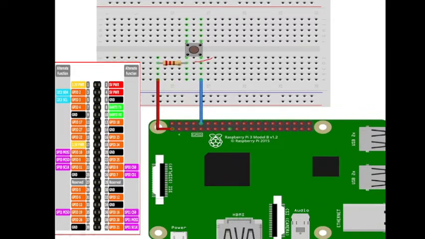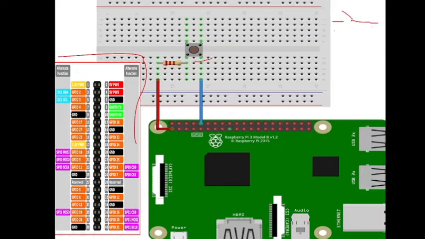And this switch is connected with the Raspberry Pi board. Here on the left side you can see the pin description, and here you can see the switch. One end of the switch is connected with the first pin of the Raspberry Pi board via a resistor, and the first pin is actually 3.3 volt, and the second end is connected with one of the GPIOs. So this is what our circuit is.